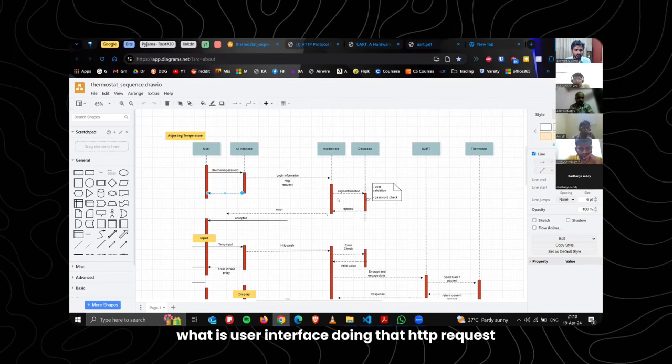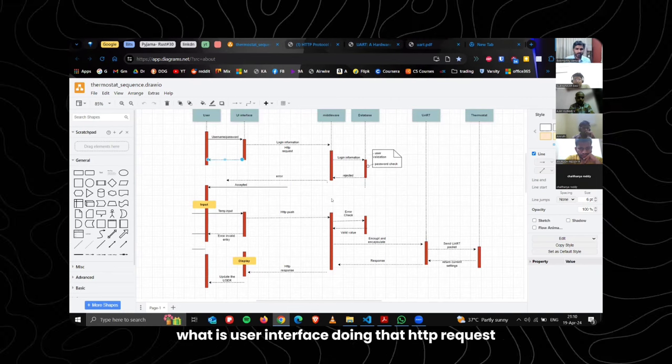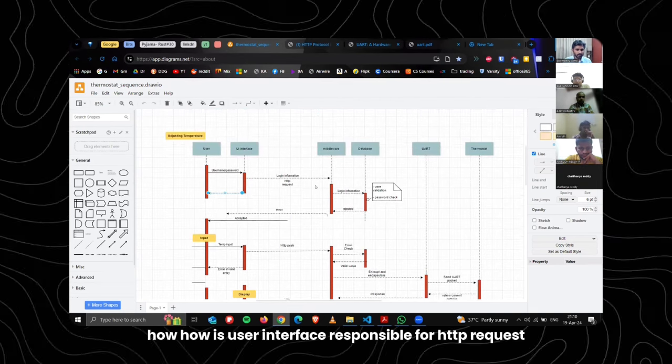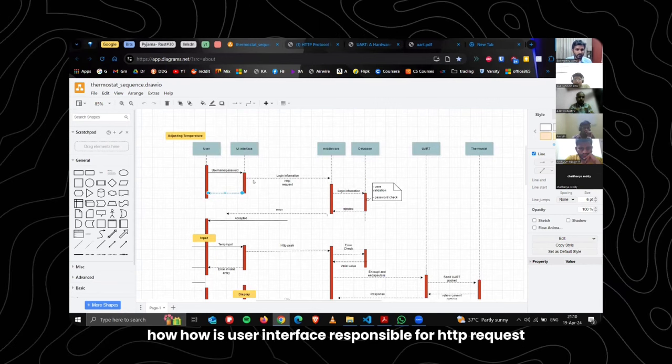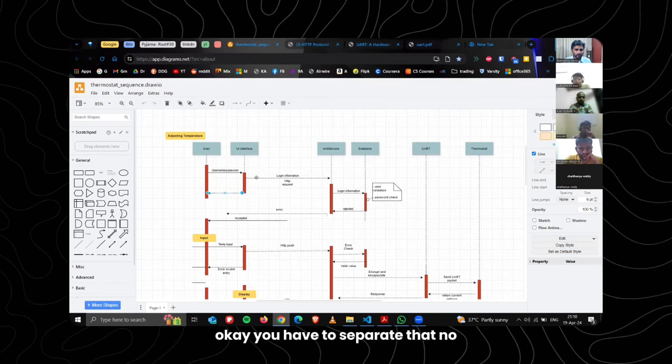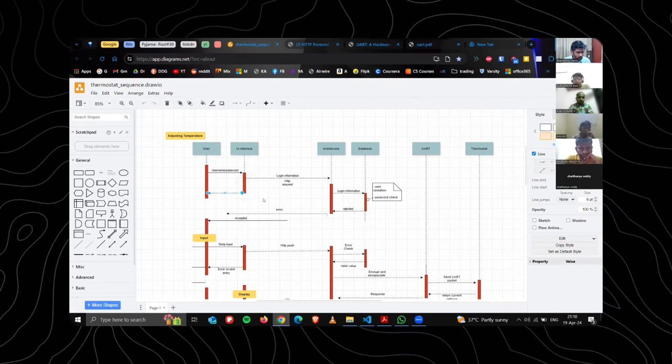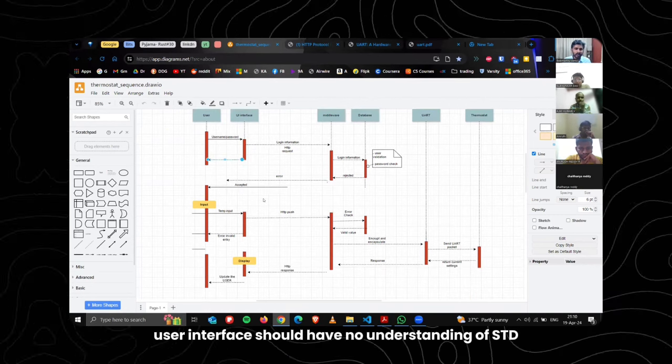Why is the user interface doing that HTTP request? How is the user interface responsible for an HTTP request? The user interface should have no understanding of HTTP, right?